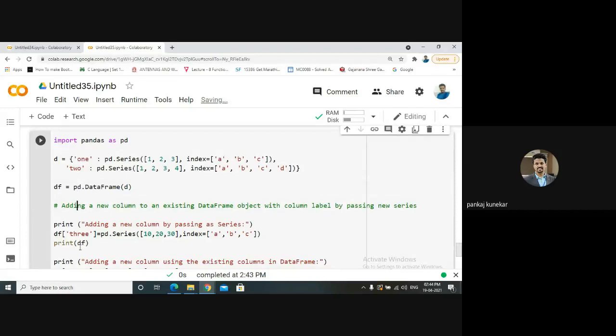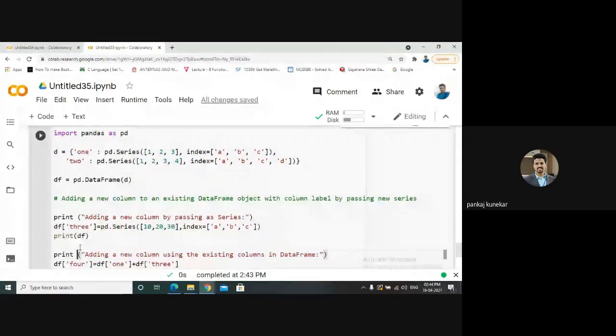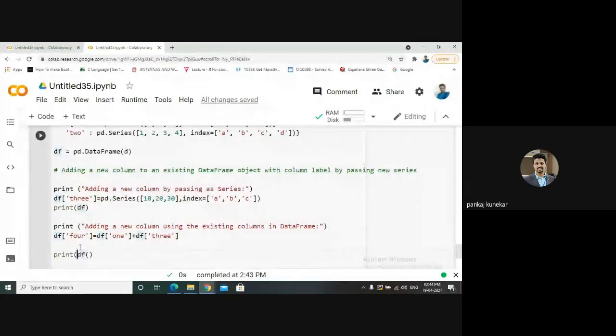Then we add a third series as a new column: pd.Series 10, 20 and 30. That df will be displayed, and we are performing addition of the data frame by creating a new data frame: df of 4 equal to df of 1 plus df of 3.